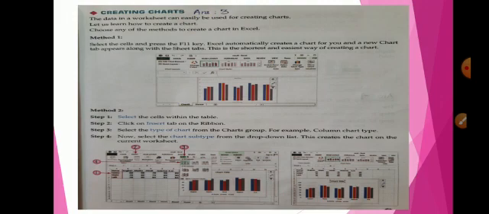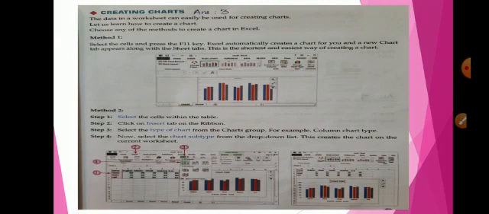Now step 1, select the cell. First of all, you have to select the cell. Click on the Insert tab. When you click on the Insert tab, types of charts will appear. So many types you will see, and choose any one type. And then from those types, choose any one, that is your subtype, and thus your chart will be created.